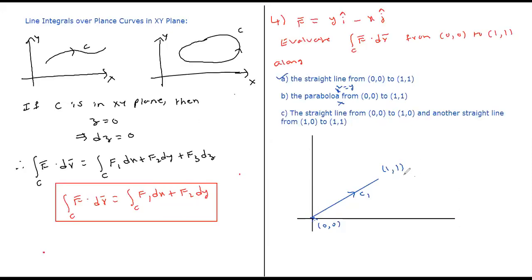Now, what is the straight line equation? It is a line joining 0, 0 to 1, 1, right? So this straight line equation is y equal to x plus c1, which is y equal to x. It is a line passing through the origin, no? Yes. So this implies that dy equal to dx. Is it okay? So you convert y in terms of x.